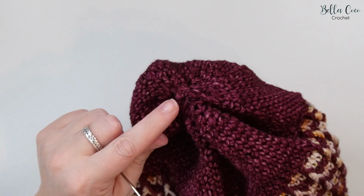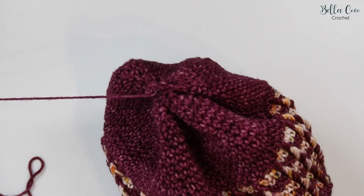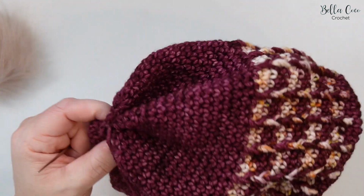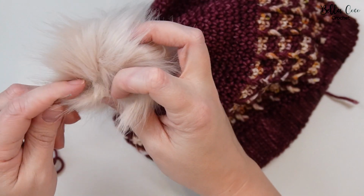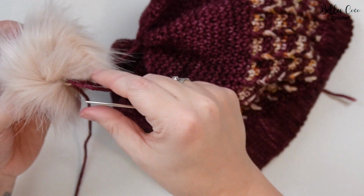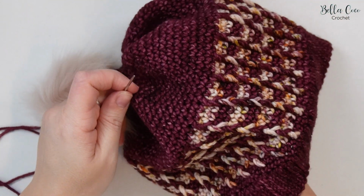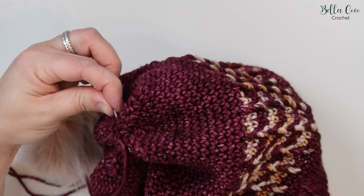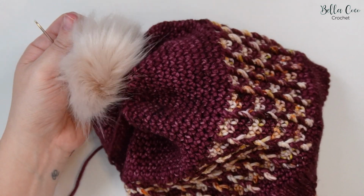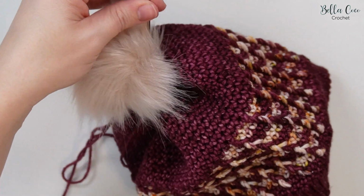So you can add a pom pom with a button if you want to. So you can put a button on the inside of your work, and then when your pom pom has a loop, you can just pull that through and loop it over for easy washing. So when you want to wash it, you can take it off, or you can bring your yarn through your pom pom loop like so and pull it through. But obviously this way you won't be able to remove it when washing. So it's totally up to you, totally up to your preference, and how much you think you're going to be washing your hats. So when you sew it on this way,